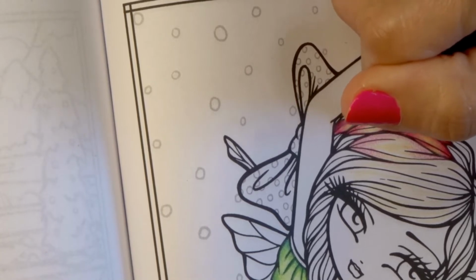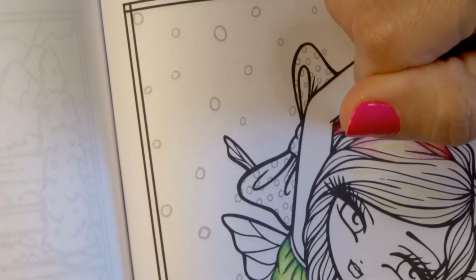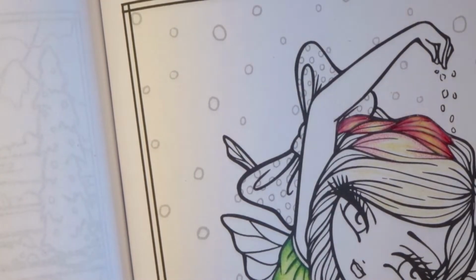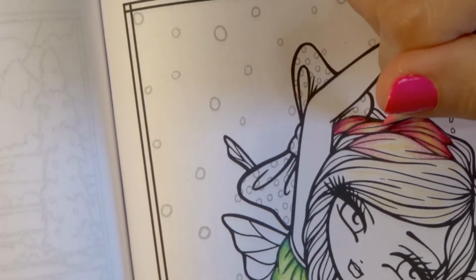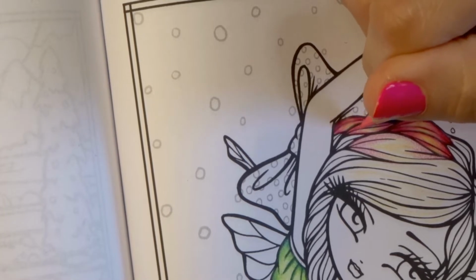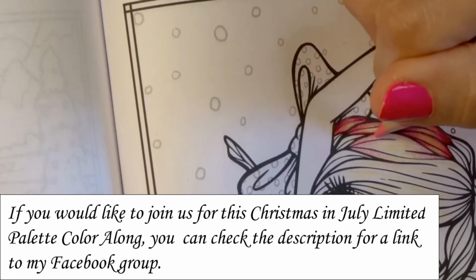And we're waiting for it. And some of you said that you hadn't gotten the book yet. And even some of you had already finished the page. So we're all going at our own pace and just doing what works for us. There's no rush to get it done. If you ordered your book, just take your time. You have plenty of time to wait for the book to come